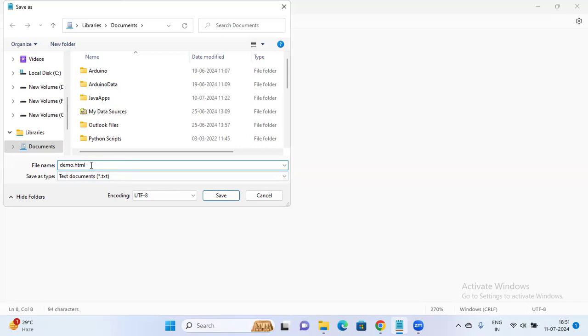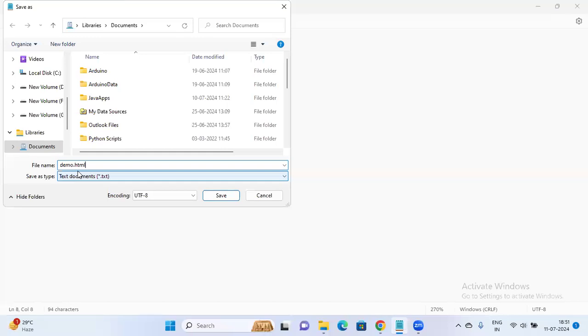you write the extension. All the HTML files will be stored in one place. That is the use. In the future, you will not be confused, and your system is also not confused. If you want to check all the HTML programs, you can directly open an HTML folder and check all the files, right? So that is the importance of having .html as an extension.